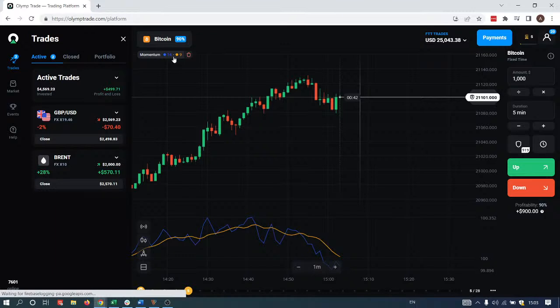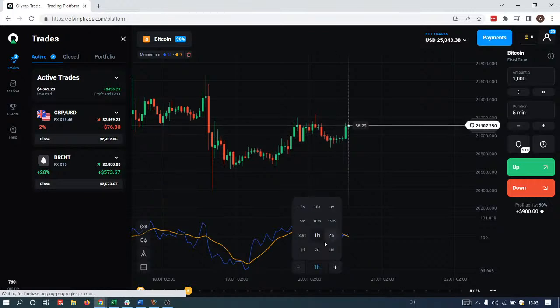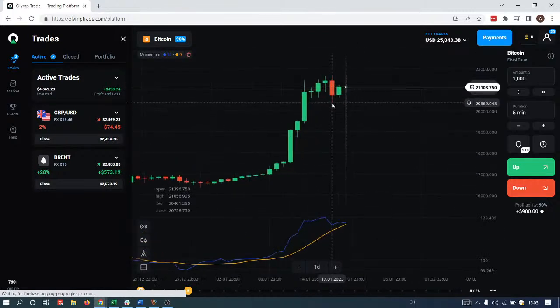We can switch to a 1 hour time frame, and we are going to get 14 hours. What was the price 14 hours ago? Or even better, we can do it with 14 days. Okay, so 14 days ago we can see that the price was here,